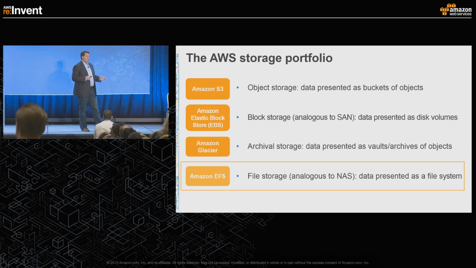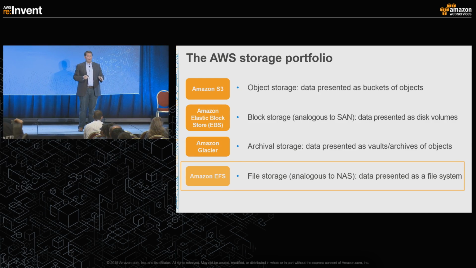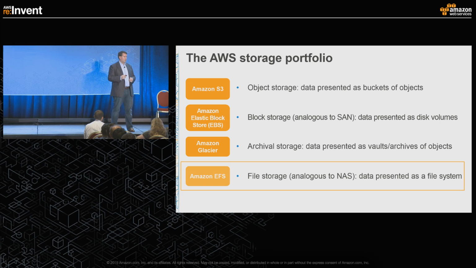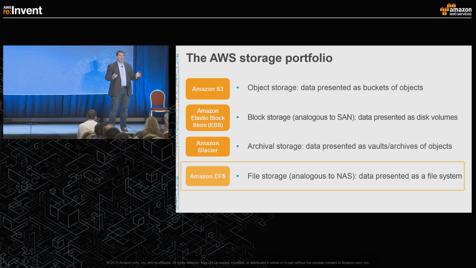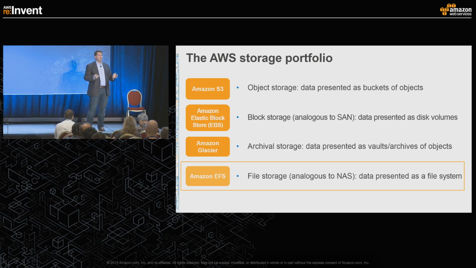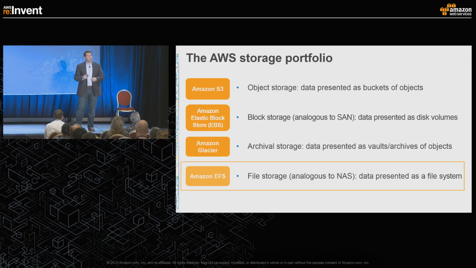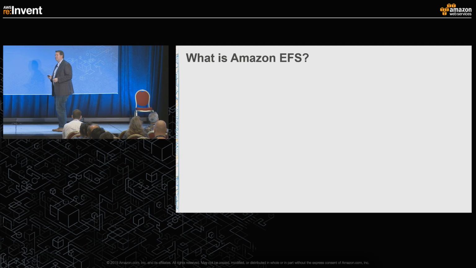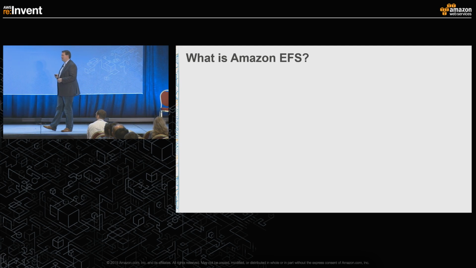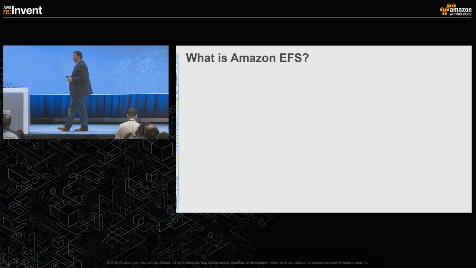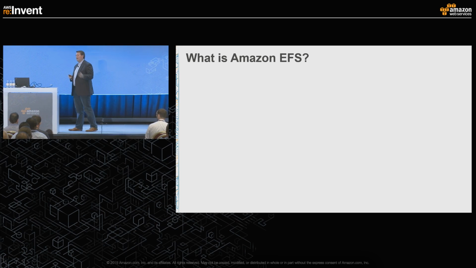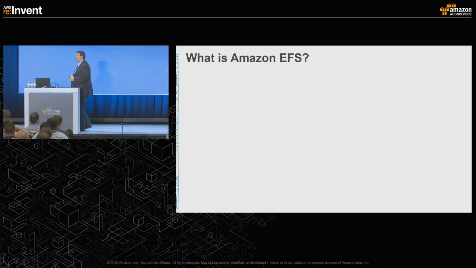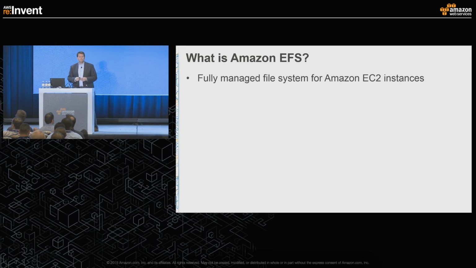That left an area of the market for us to apply a degree of innovation to, and that was bringing a file system surface natively inside of the AWS service perimeter that could be used to deliver file system capabilities to many different EC2 instances. So we think about it as complementary and additive to the line card offering that we have today. And the line card and the services are really designed to address not only your classic data storage requirements, but also your contemporary ones for new applications that are being built.